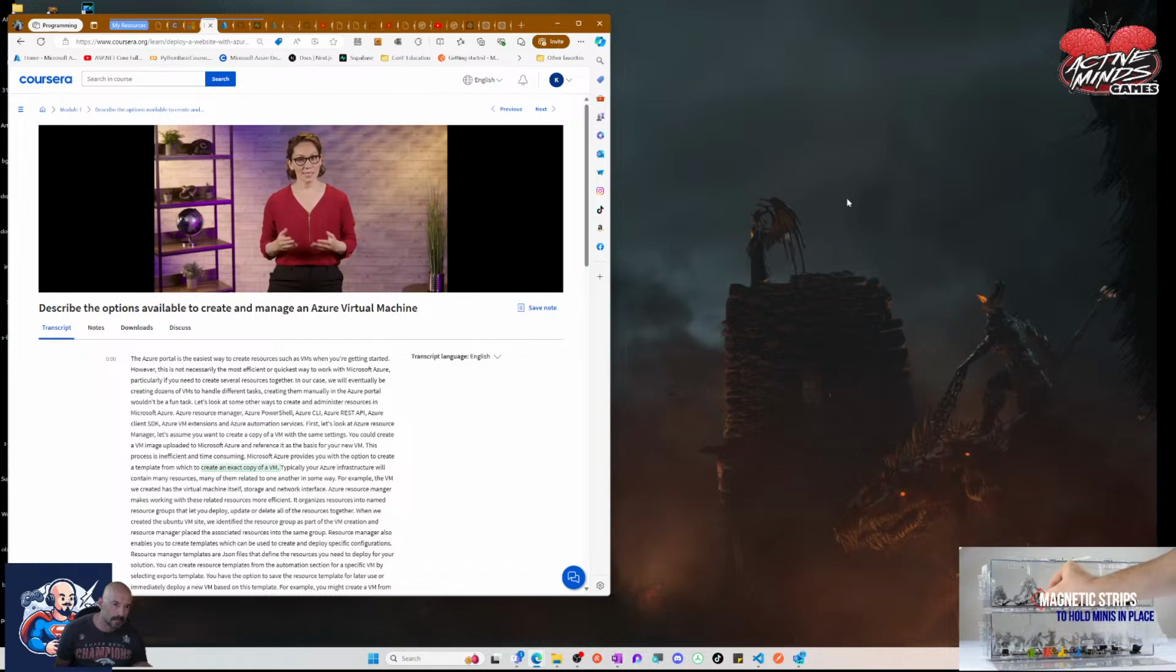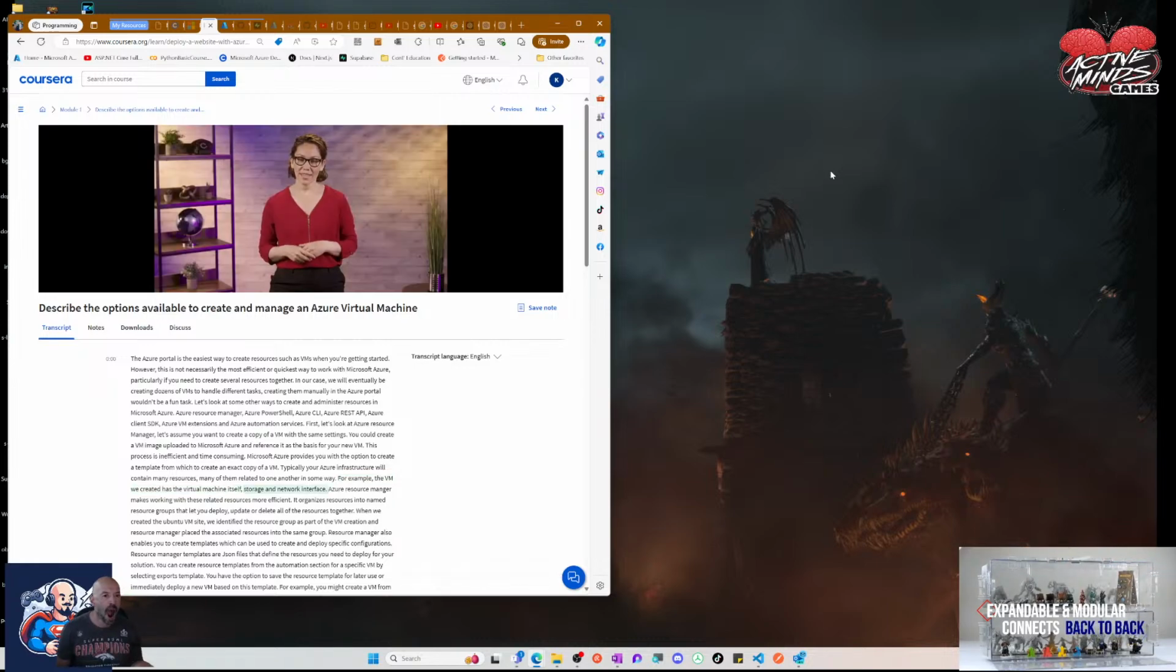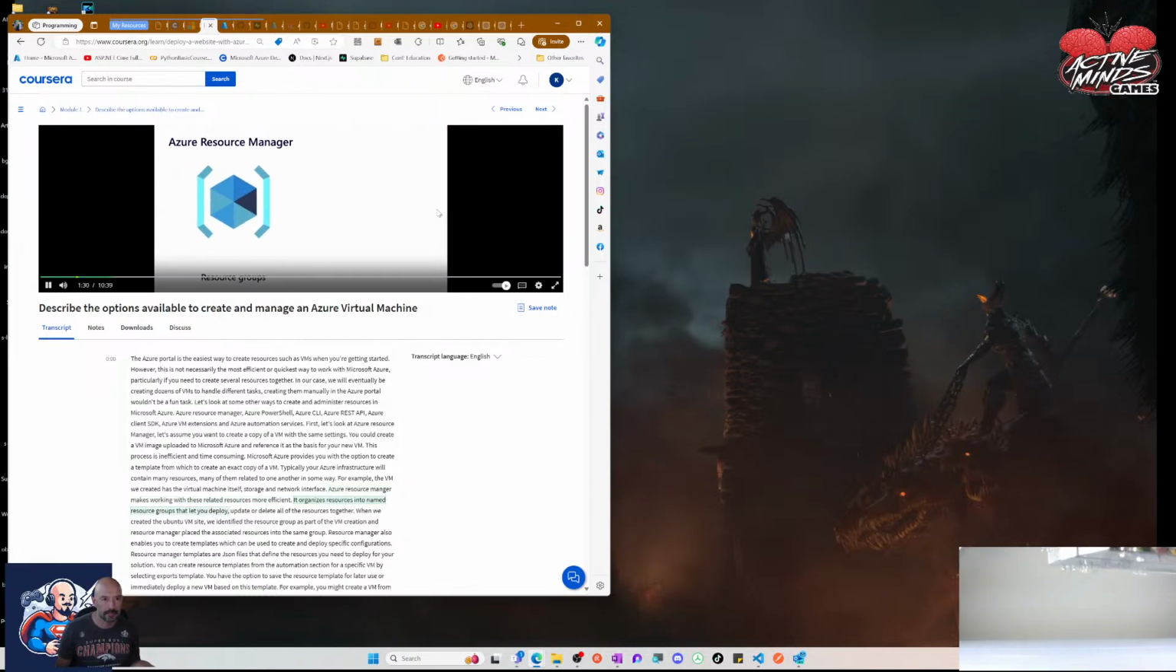VM. Typically, your Azure infrastructure will contain many resources, many of them related to one another in some way. For example, the VM we created has the virtual machine itself, storage, and network interface. Azure Resource Manager makes working with these related resources more efficient. It organizes resources into named resource groups that let you deploy, update, or delete all of your resources